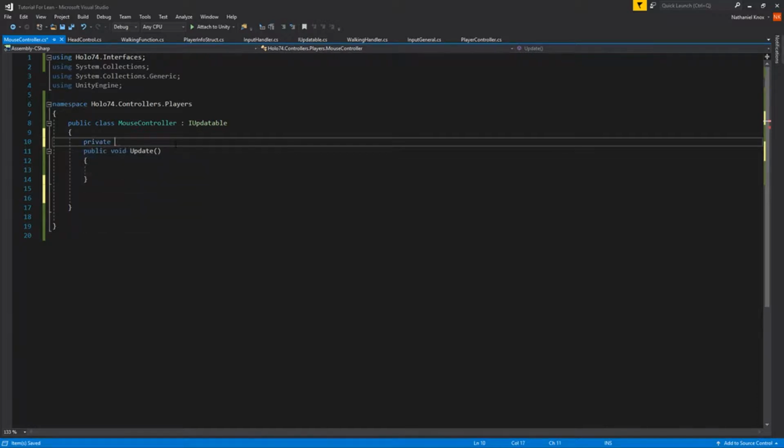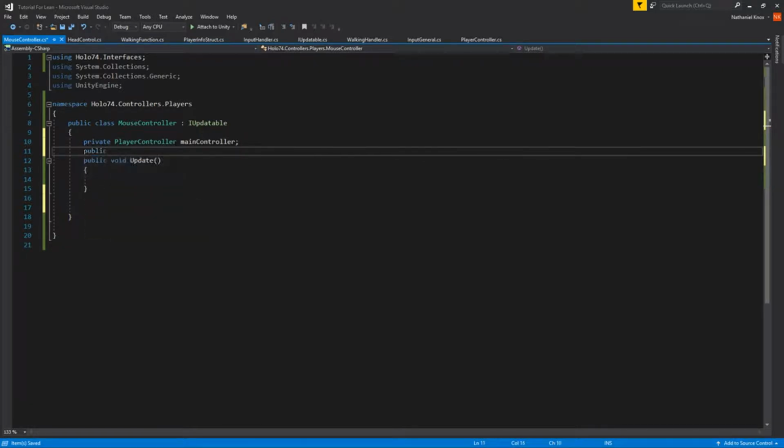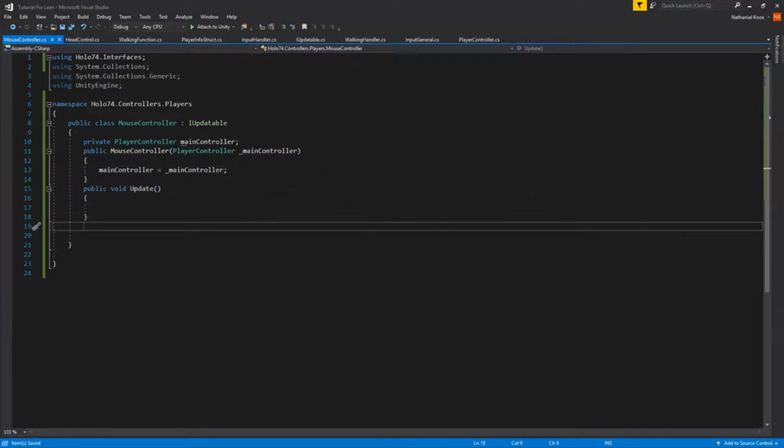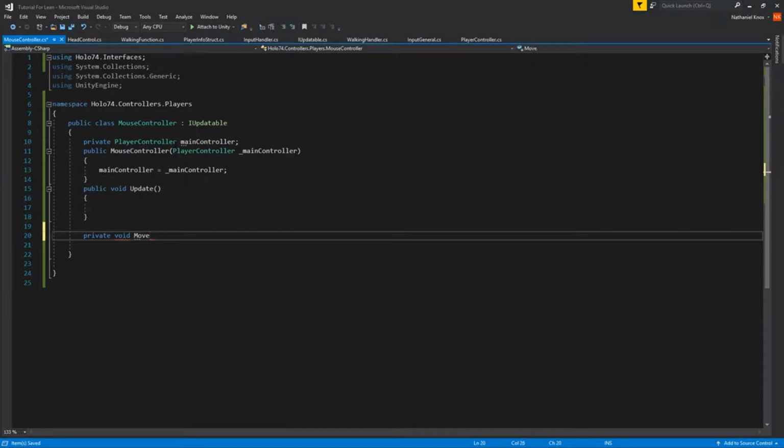And then you can come over here to the mouse controller and say, okay, first I want a private player controller. And then we'll do a public MouseController, PlayerController main controller. Go over here, main controller equals main controller. We can separate this into two things, saying, okay, nope, not public, private void move